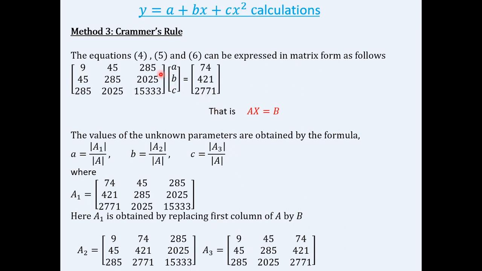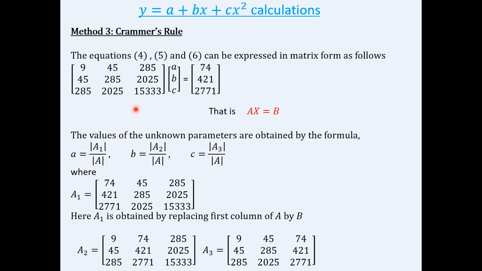Again, let us see what is Cramer's rule. The equations 4, 5, 6 can be expressed in matrix form as Ax is equal to B, where A is the coefficient matrix here and X is the matrix A, B, C and B is the matrix here. And the values of the unknown parameters are obtained by the formula A is equal to determinant A1 by determinant A, B is equal to determinant A2 by determinant A, and C is equal to determinant A3 by determinant A,